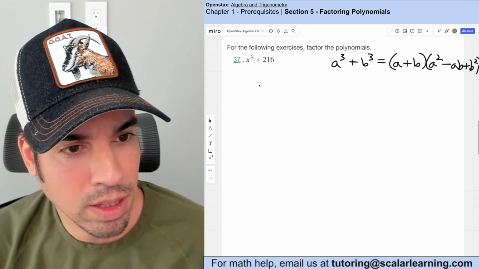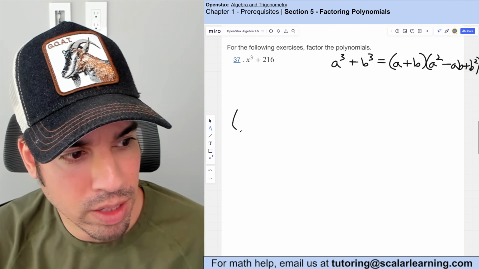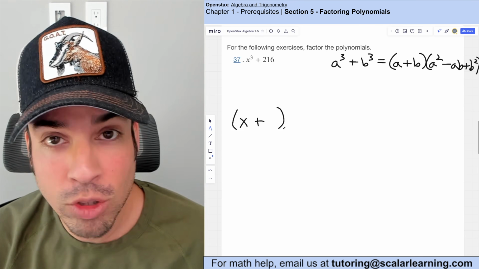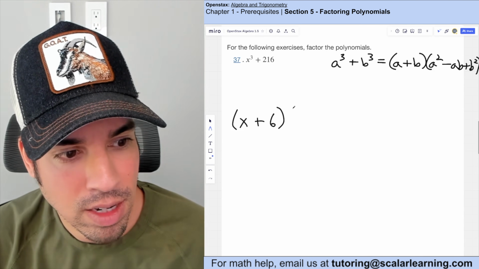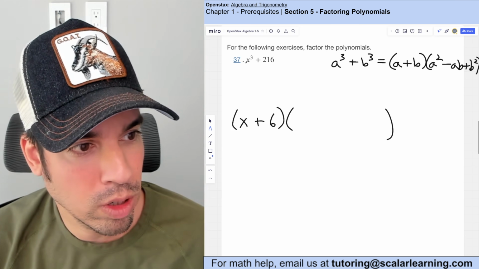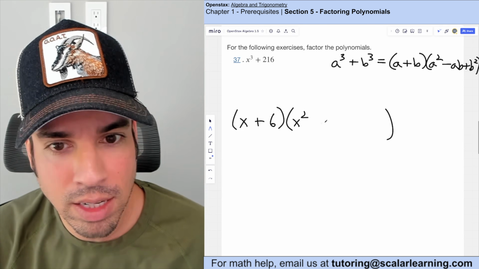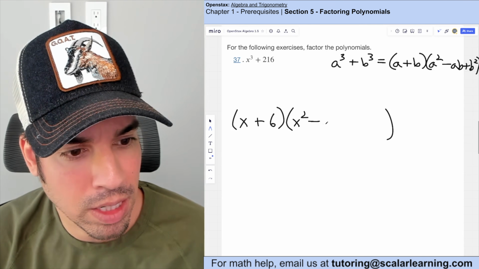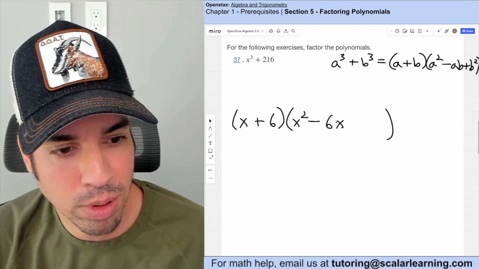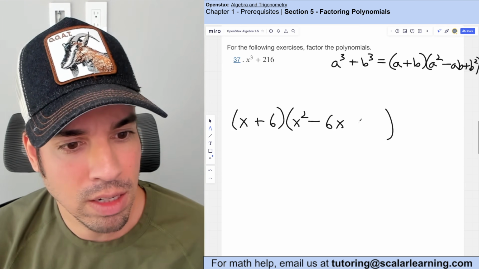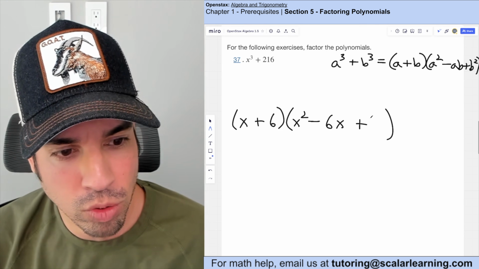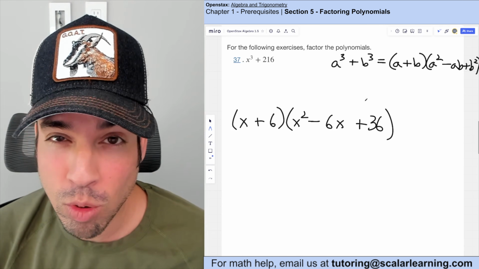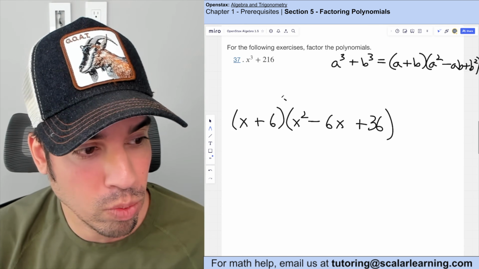So now we can apply this to this binomial here, and we can factor it as follows. So we have x plus the cube root of 216, which is actually 6, times a squared, that would be x squared in this case, minus 6 times x, or a times b, so we'll say 6x, so we like to put the number first, and then plus the b term squared, which is 36, and this is not going to be factorable anymore when we do a sum of cubes or a difference of cubes, so we are